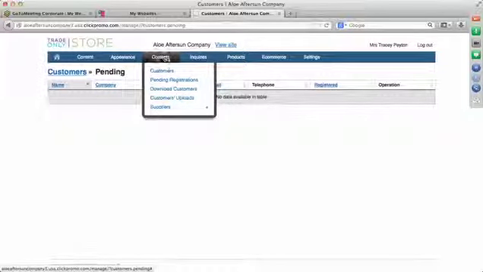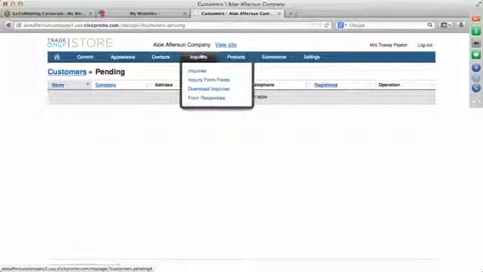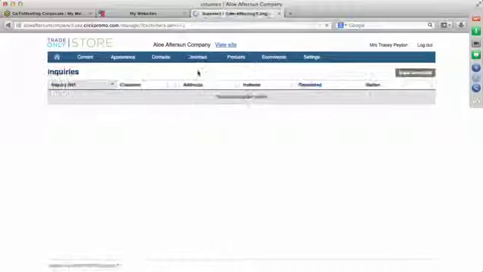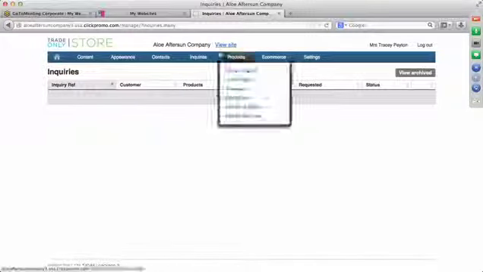Now the other thing is when an inquiry comes in, you have the ability to see the inquiry. So if I click on the inquiry, you can see all inquiries made on your site. I don't have any inquiries at this point. So what I want to do is take you through an actual customer registering on the site and placing an inquiry, and then what we need to do to process that. So if we come on to the view site,